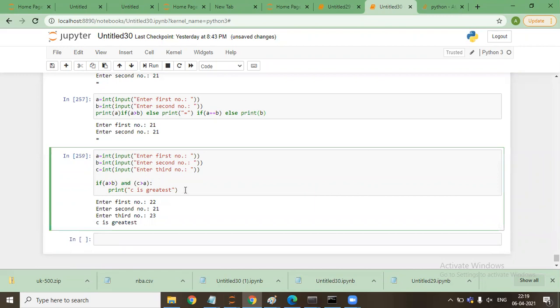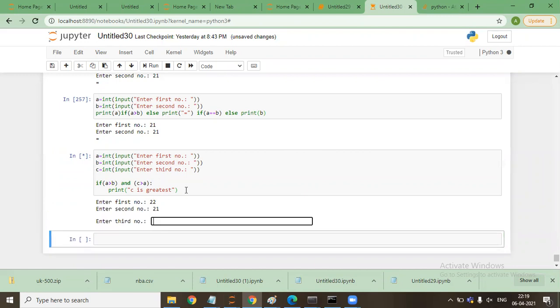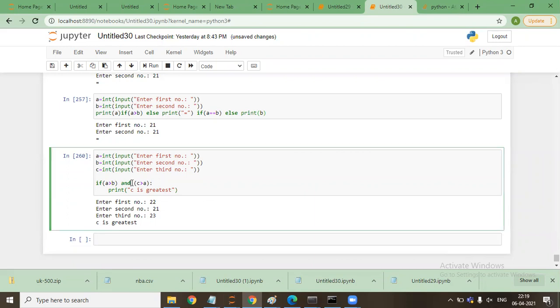Let me try again: 21, 23. Yeah, so this and is the same. This is the and when we use in an if statement. We can use this and or the and that we discussed earlier.